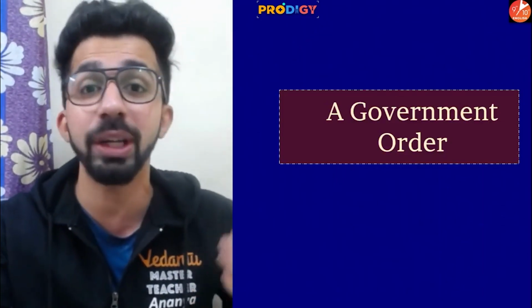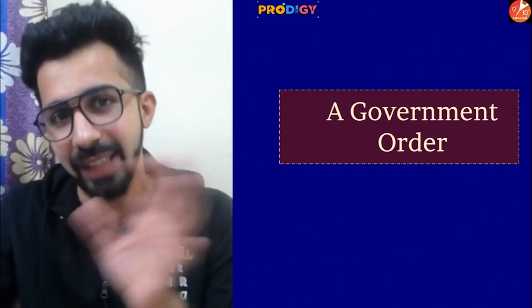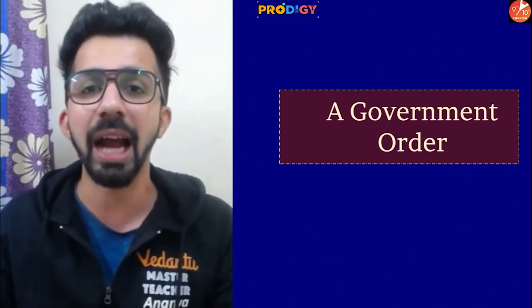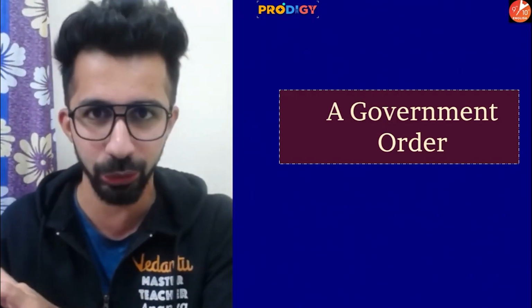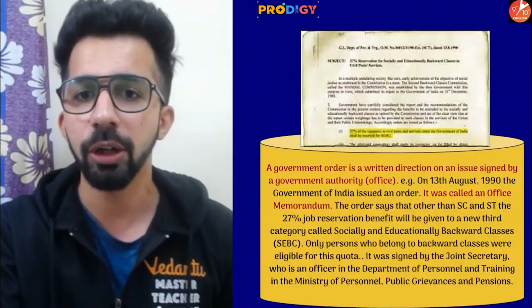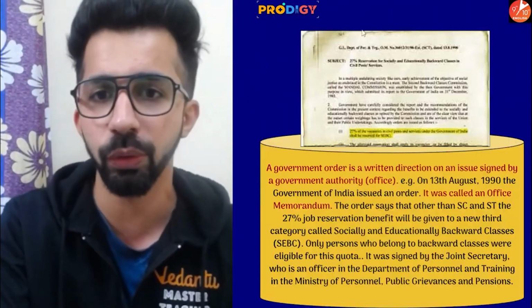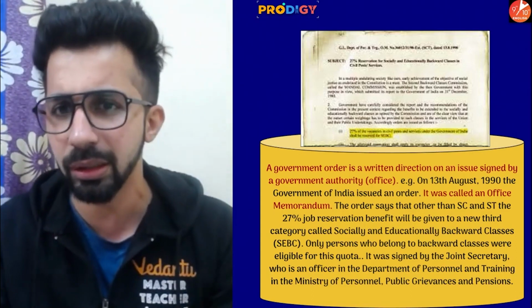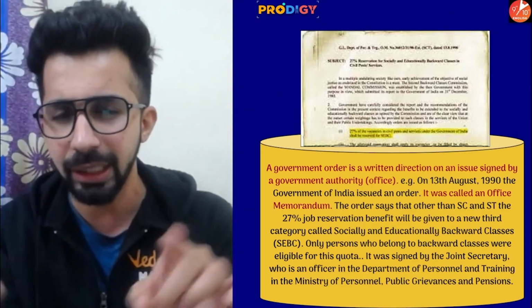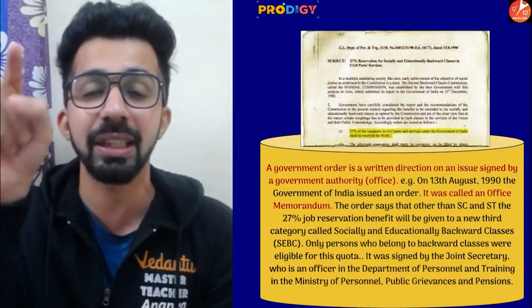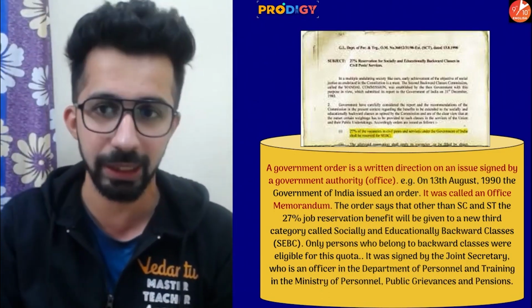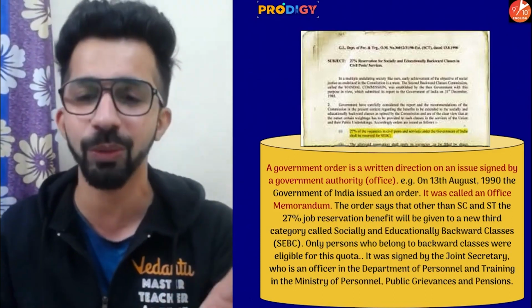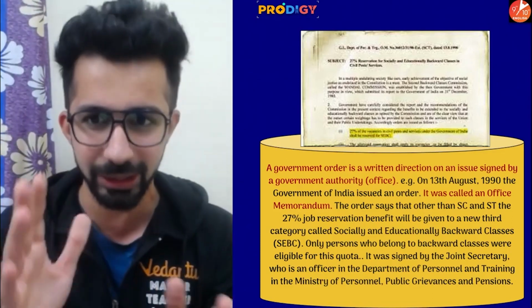Okay. I'm going to give you an example, and with that example, I will explain to you what is a government order and how it is issued. Okay. Chalo. Now guys, you can see an image over here on the right hand side of the screen, this white one. Guys, something is written in that article or in that piece of paper. Guys, this is nothing but a government order. Yes. So guys, no need to read what is given over there. I'm going to tell you in short what this government order is and how it was issued.